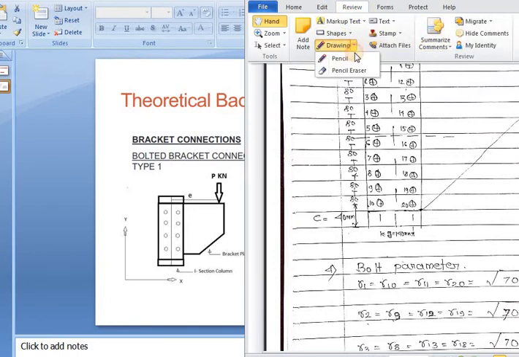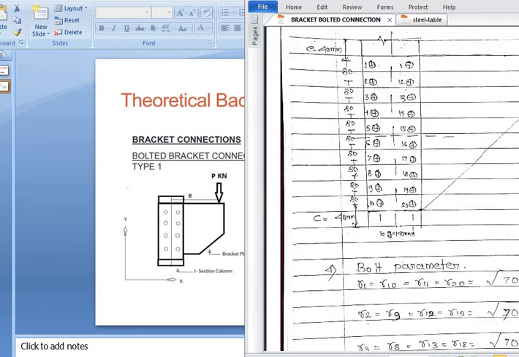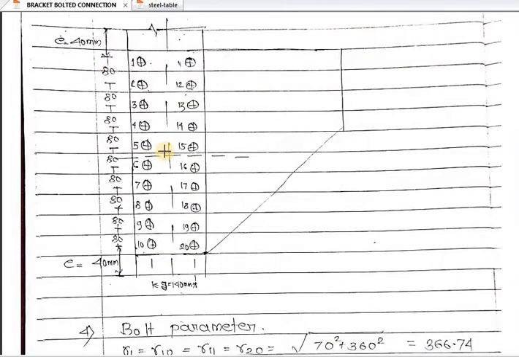So we are dividing this into two parts. This horizontal distance is 70. What about this vertical distance? If we are calculating from this center to the last bolt, what will be the distance? It is 80 for this distance. The center will be 40. So 40 plus 80 plus 80 plus 80 plus 80: 4 times 80 and 1 time 40. That means up to this center line we have to find out.